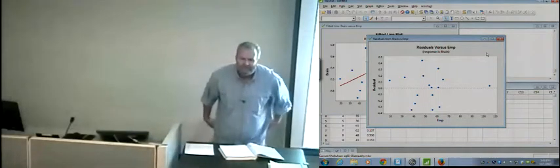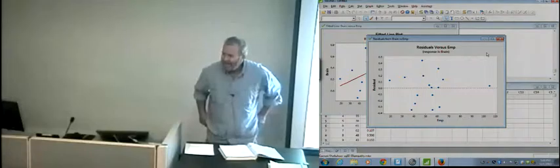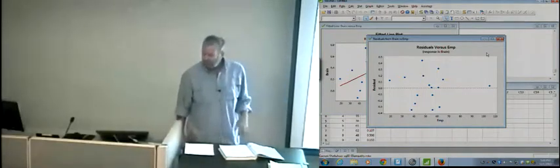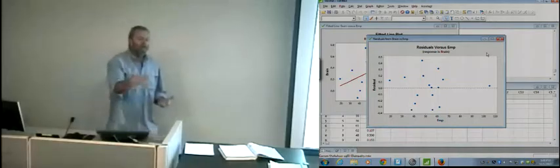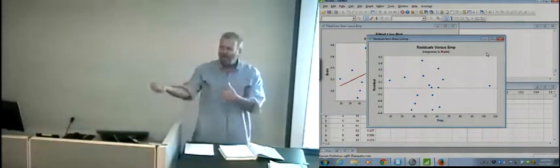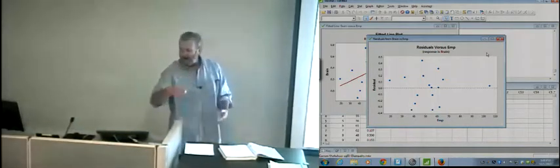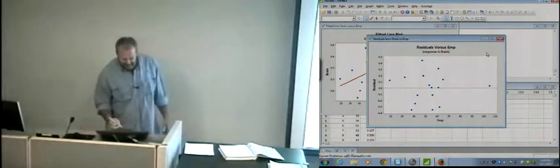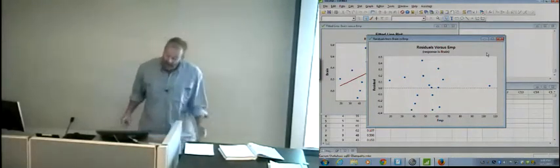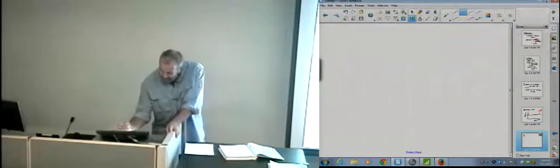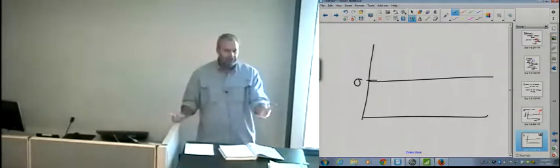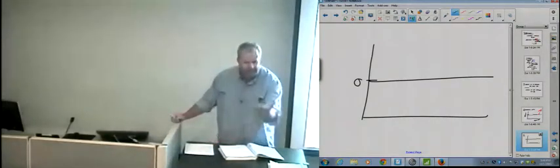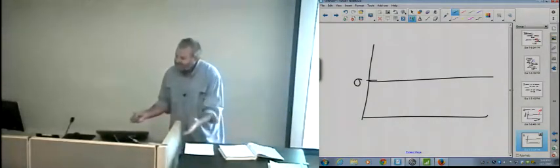What good does the residual plot do for us in this class? Well, what we would like to see, because remember, why we want the regression line? We want to make predictions, right? We want a value of x. We want to predict the value of y. What we would like to see, I would like to see a residual plot that looked like this. I'm not going to label things on you. You're going to know the explanatory goes on the x, the residuals go on the y. What I would like to see is